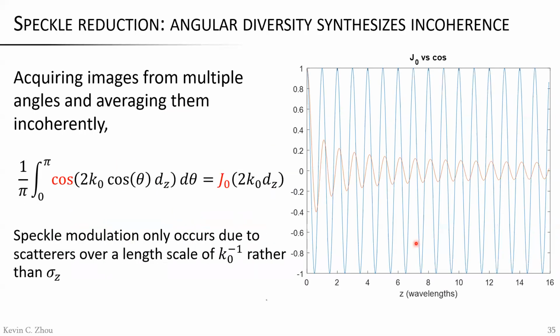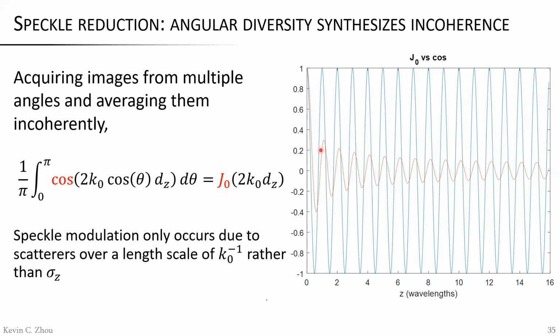So one technique for reducing the speckle is incoherent angular compounding, which is also what we use in the OCRT for resolution enhancement, as we will see shortly. If we just analyze that cosine factor that I mentioned earlier that's contributing to the speckle and examine the effects of angular compounding over a full 180 degrees, or pi radians,